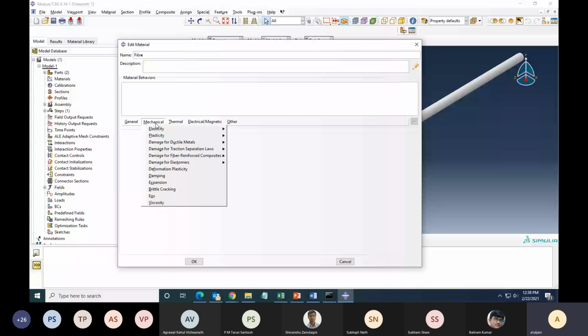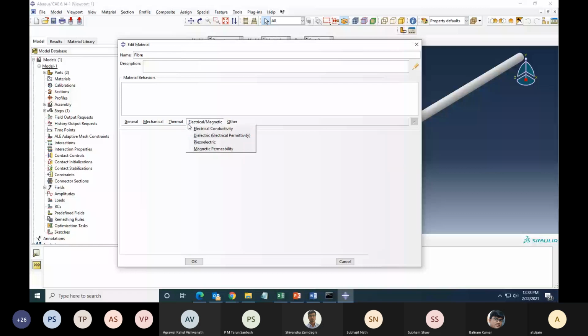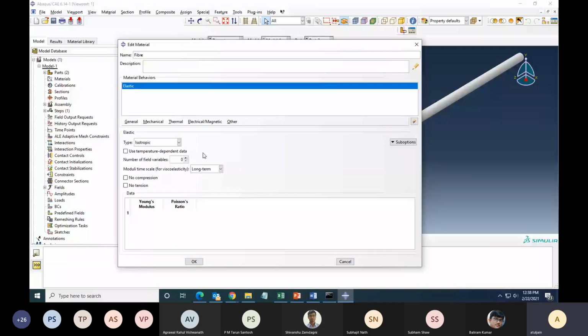If I want to do elastic analysis, then it'll ask me what type of elastic. Is it elastic, hyperelastic, etc. And then we'll say, okay, let's choose elastic. Even under elastic, is your material isotropic, or do you want to input the 9 engineering constants, or is it a lamina, or is it orthotropic, is it anisotropic? All those options are there.